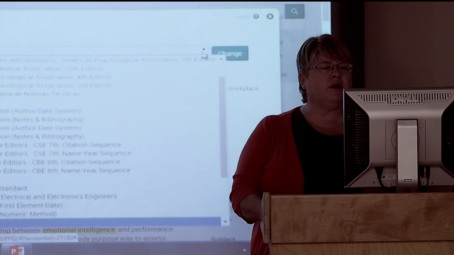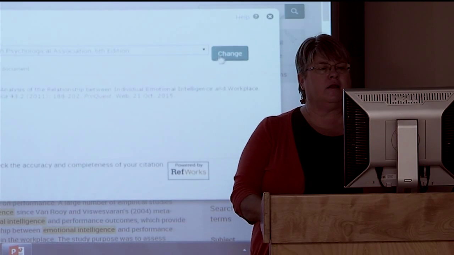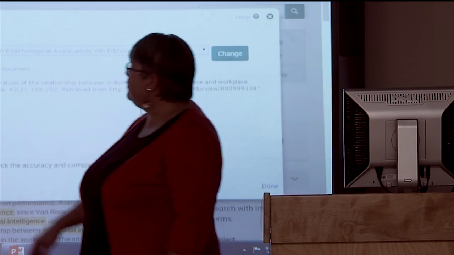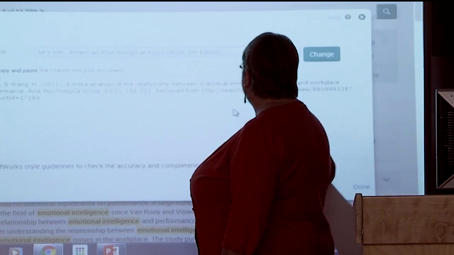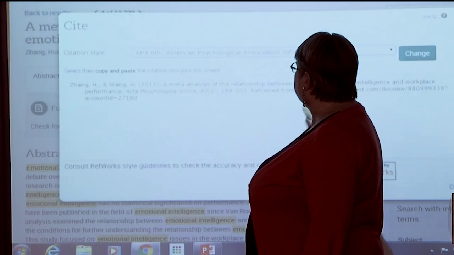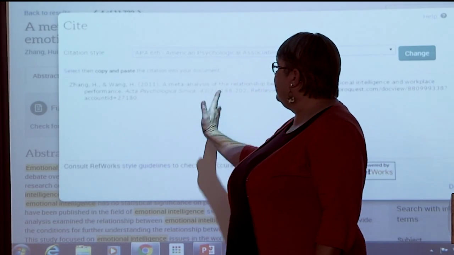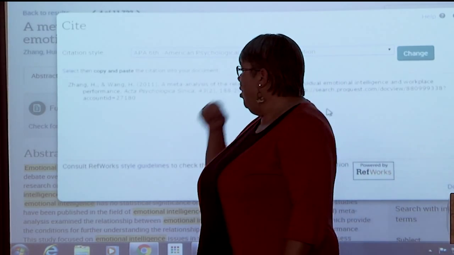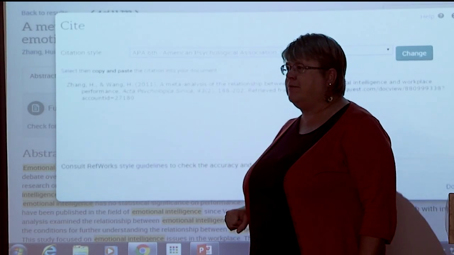Okay, so yeah, that looks right. I'll go back up to APA. So yeah, we've got the author's names right, the date, and then the title of the article, title of the journal. This is then in italics, and then they go straight up and down for the volume is in italics, and then they go straight up and down for the number.